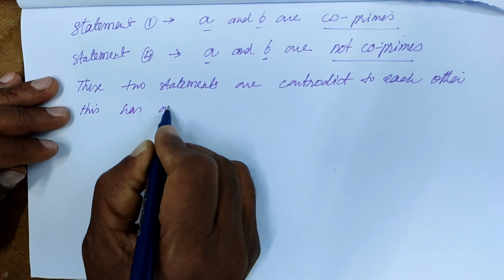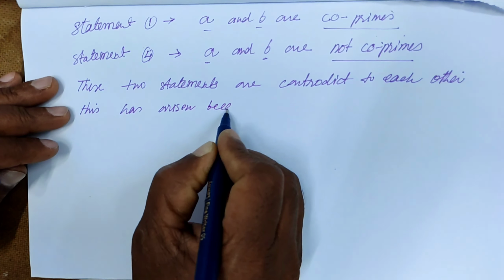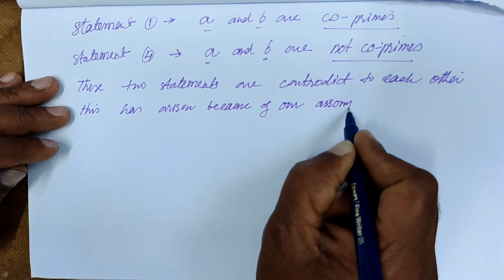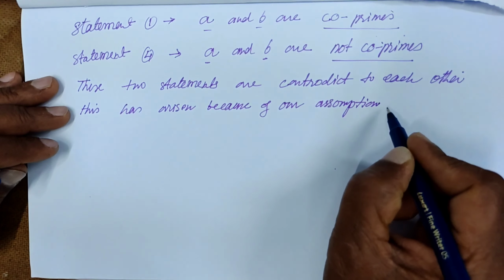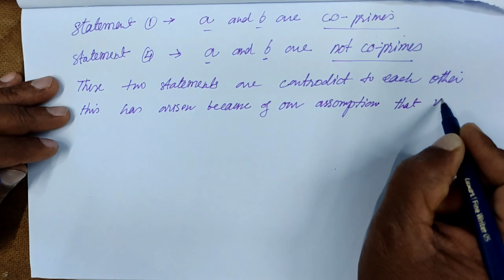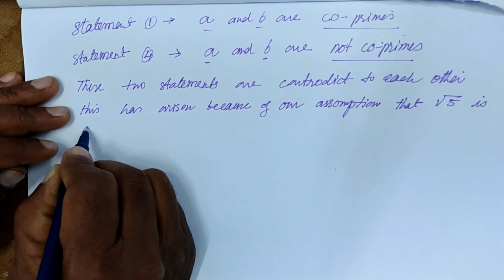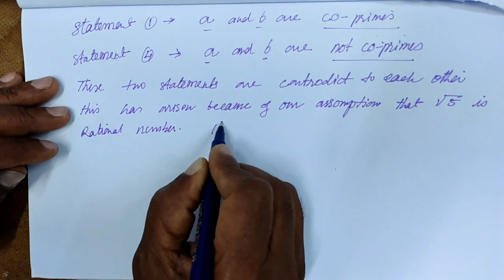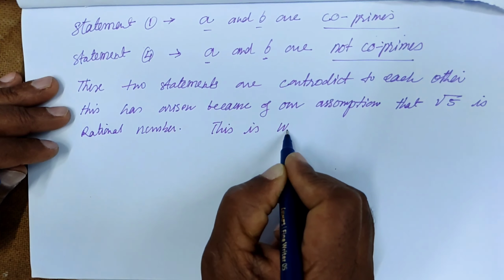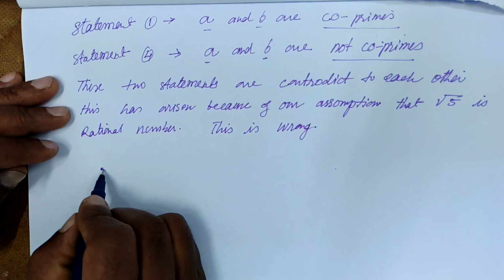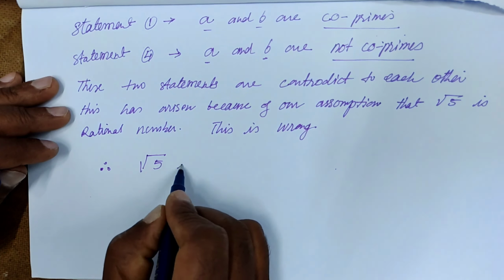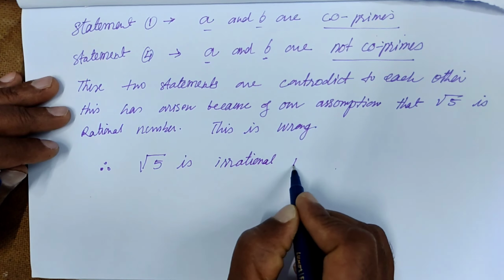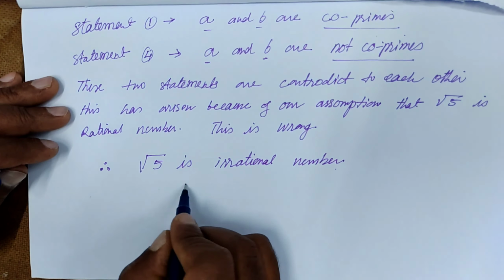This contradiction has arisen because of our wrong assumption, our assumption that root 5 is a rational number. We assumed that root 5 is a rational number, so this assumption is wrong. Therefore root 5 is an irrational number. So our assumption is wrong. Therefore root 5